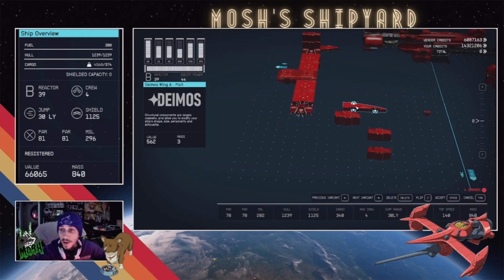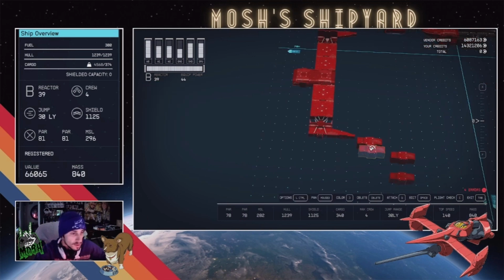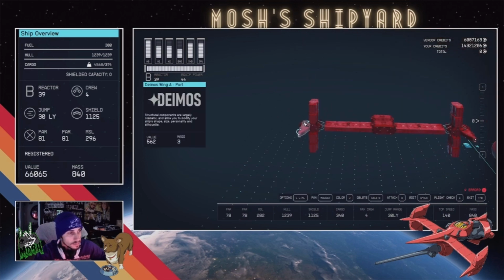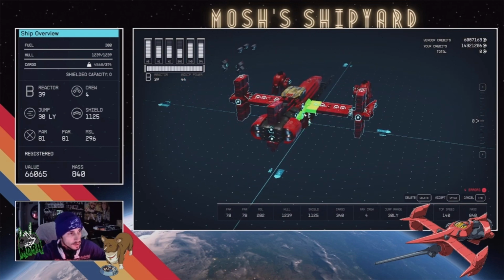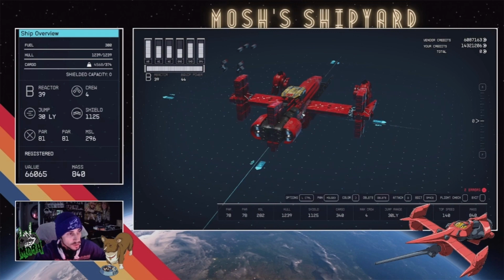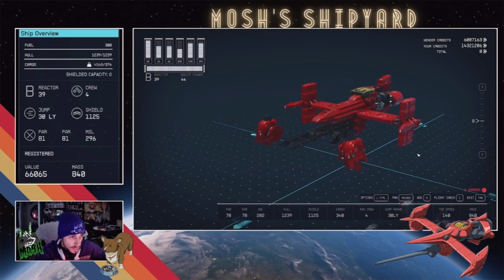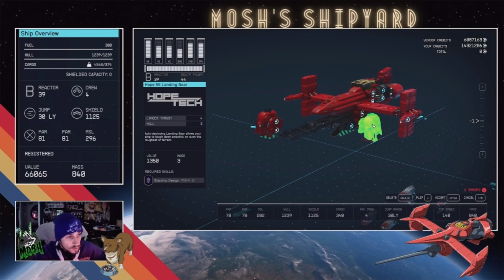Bring our Deimos Wing A, flip, drop, lock it in place with a little Nova thruster. Vertical fins, 2 F spines, 2 on top, 2 on bottom. So that's our wings. So now double click, bring this whole contraption like so. Now for our landing gear, we're going to drop both of them down